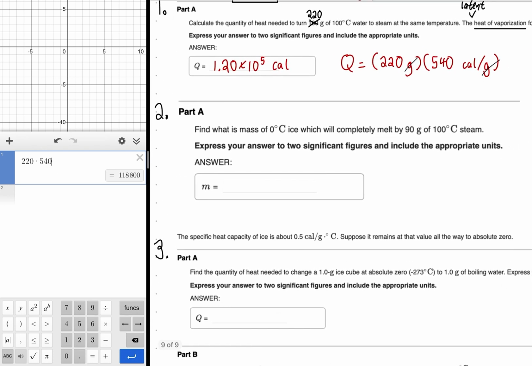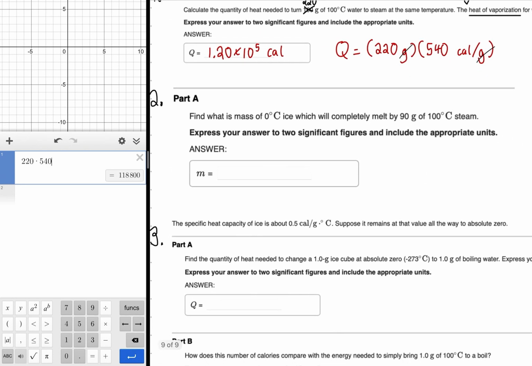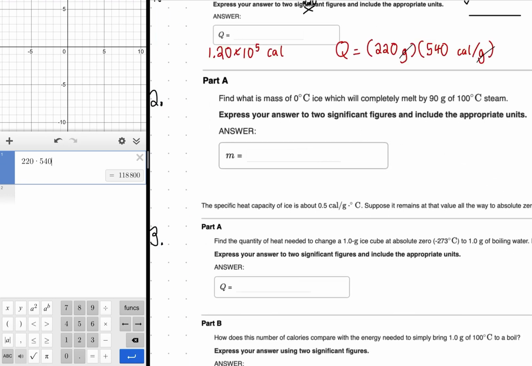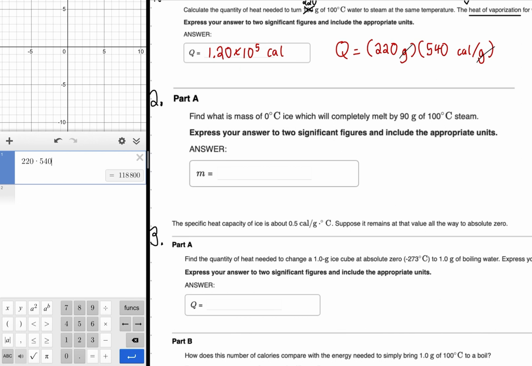You can see that first one was hopefully pretty straightforward. So in problem 2, we have another phase change. So let's check out what's going on. All right, so we have an amount of mass we're going to try to solve for here. So we're not going to be solving for the energy this time. Okay, so we're asked to find the mass